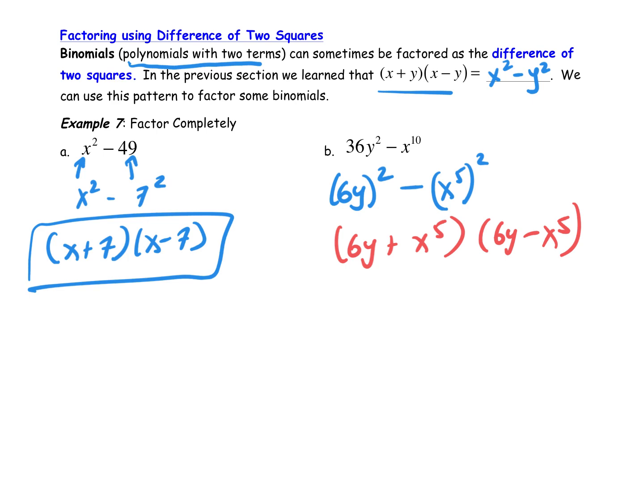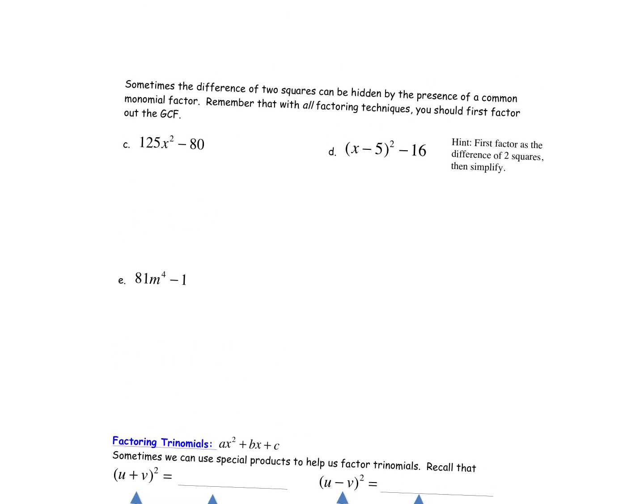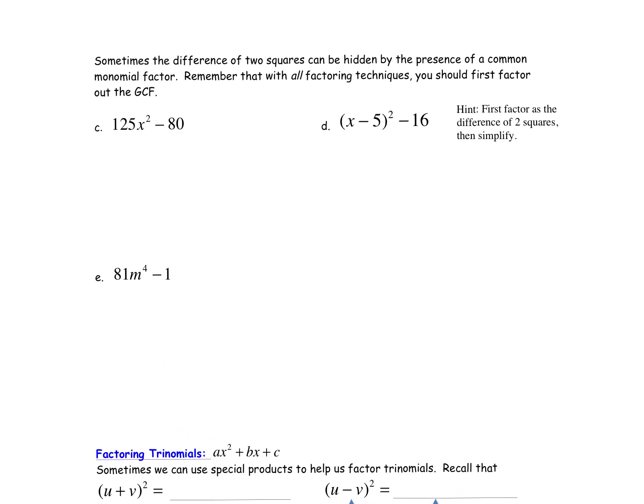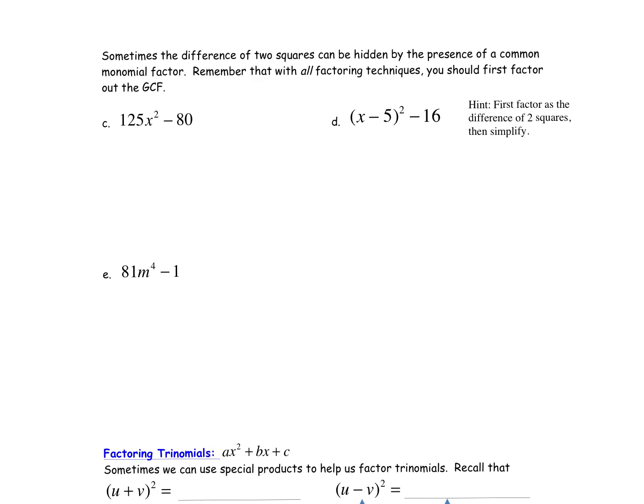Let's turn the page, and we will look at some more problems where we can factor using difference of squares. But here, sometimes there's a common factor, greatest common factor, and that'll make it so that it doesn't look like a difference of squares. But if we always think about taking out the GCF first, then sometimes we can see the hidden difference of squares pattern that's there. So here we have